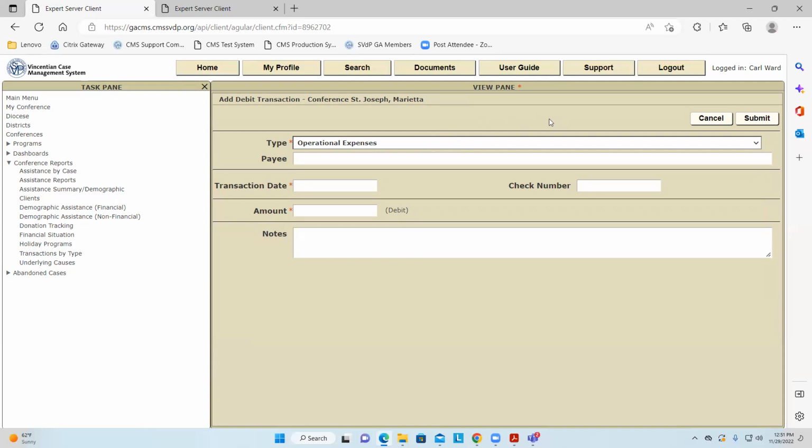This is the fatal flaw. Let's say that a member or caseworker decides to pay the client's electric bill with their credit card. You do not enter that in as an add debit because, as I said before, any add debits will not update the client's record.